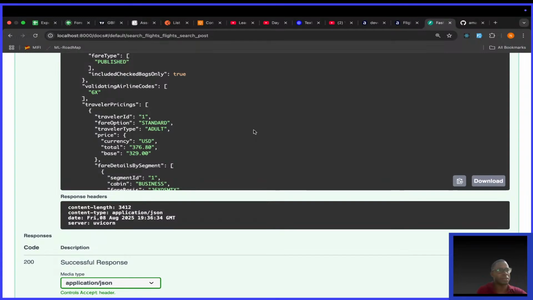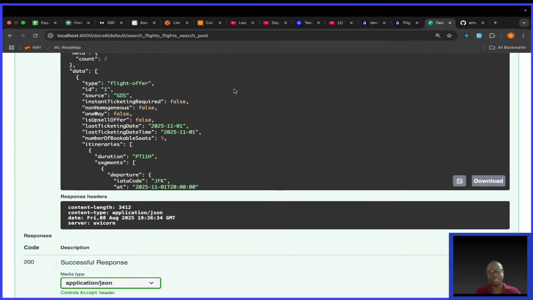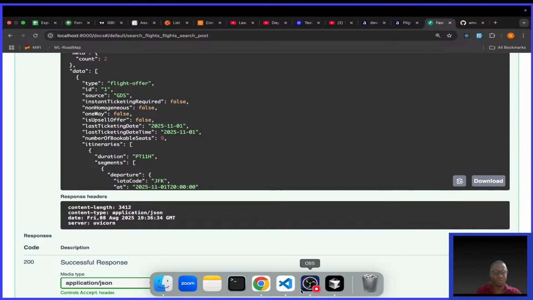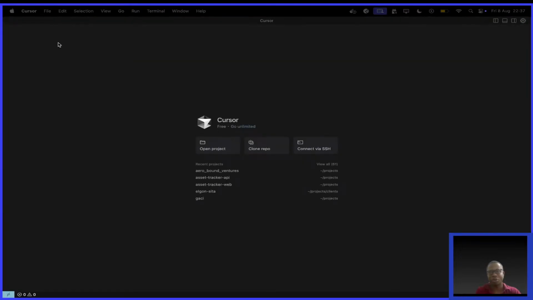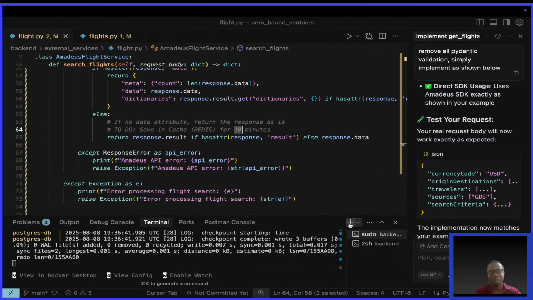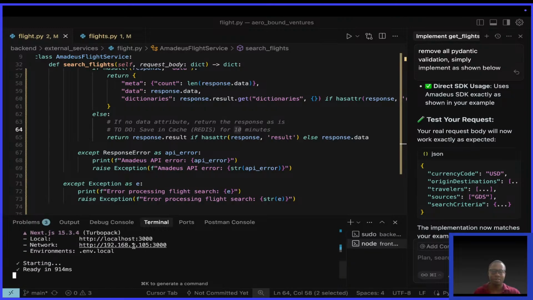Okay, let's continue. Let me know how you see this. This has been, I think, very, very successful. Now my front end, for those of you who did not see the front end, let me show you. I don't need to create a new window of Cursor. There's no need. All I need to do is go to the frontend folder and run npm run dev. Then if I go to localhost,